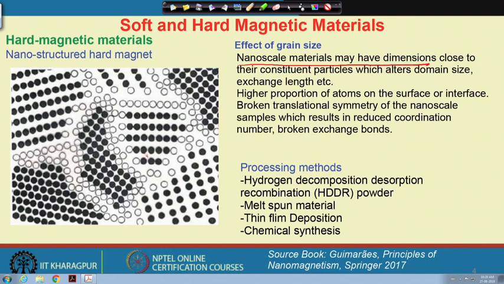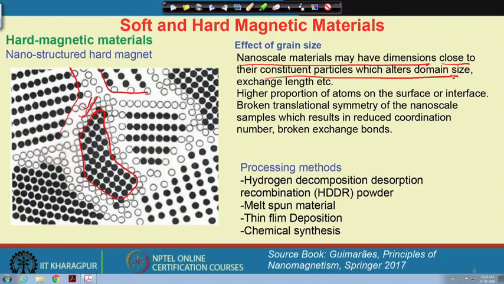So, we all know that if I have such very small grains, then almost 50% of the area is covered by the grain boundary fraction, where atoms are not positioned in the lattice, and there are some benefits because of the larger number of surface atoms. Here, close to the constituent particle, that may alter the domain size. So, what I am talking about: I have some magnetic domains, and magnetic domains have some typical size, and if